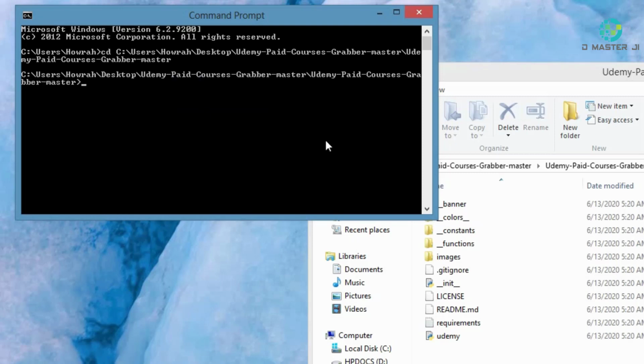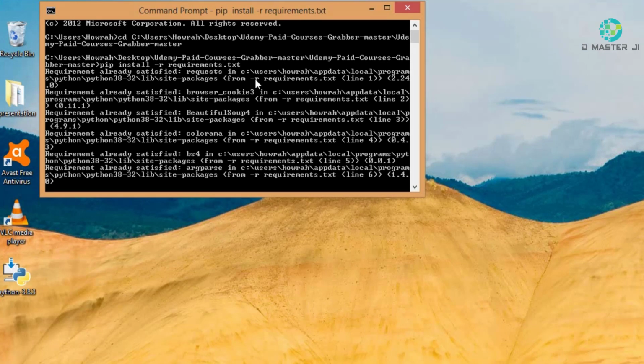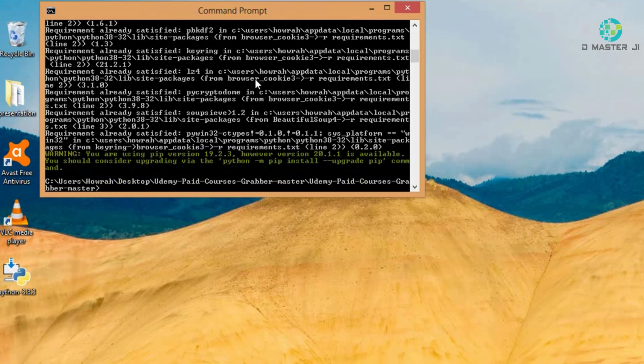And after this you will find a file named requirements.txt there. So now we will give a command: pip install -r requirements.txt, same as the name given over there, requirements.txt. Please mind that the spelling you are typing over there is correct. Enter and you will find that all the required files have been installed from requirements.txt.